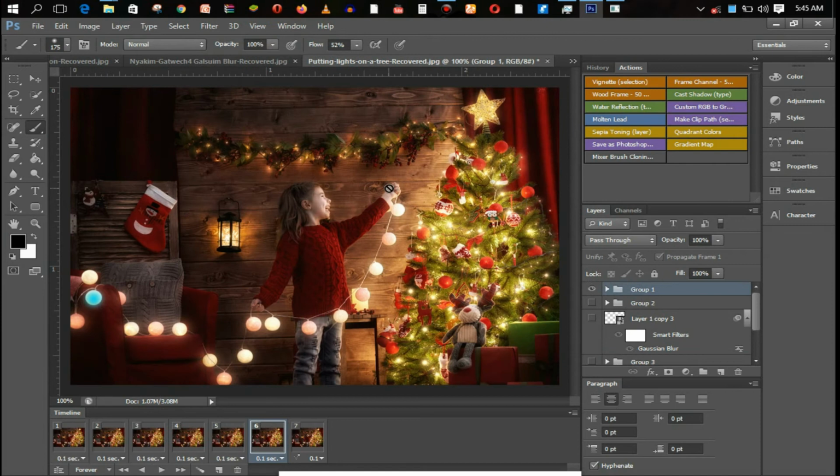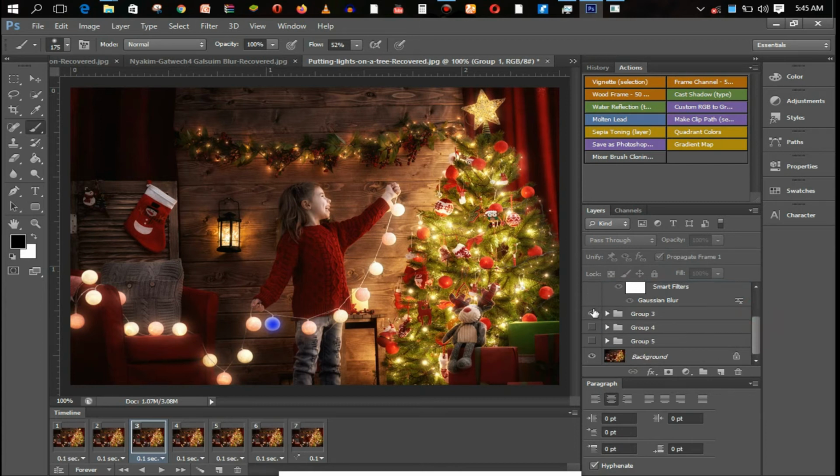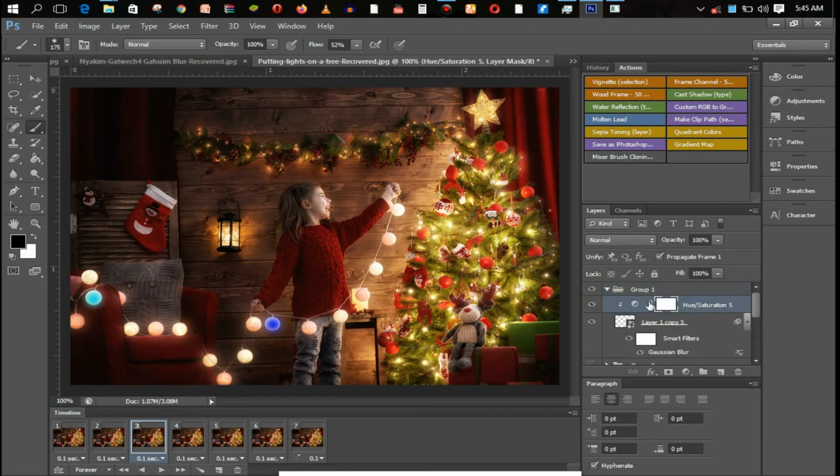I'll be moving on to the last tweak. I will be calling this the last tweak. I would want to adjust a fill adjustment layer to some of these already selected items on the timeline, and I will be creating a fill adjustment layer by opening one of the groups, the group already with the eye or the one without the eye, depending on what you want. Open it up and then create a fill